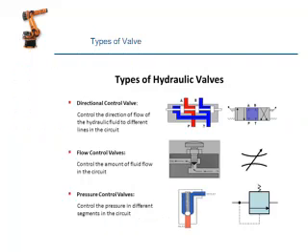Here it shows the types of hydraulic valve: direction control valve, flow control valve and pressure control valve. The direction control valve directs the oil either to the left side or right side. This is a direction control valve, and here is the direction control valve symbol. Next is the flow control valve. So what is meant by flow control valve? There are some factors available, like flow, velocity and discharge.